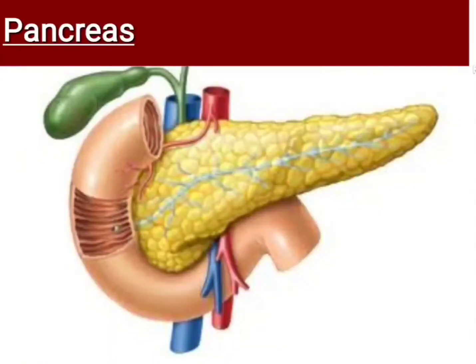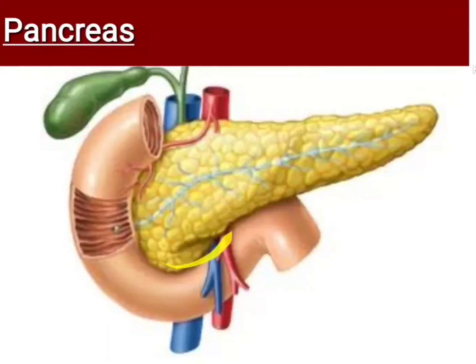In this session we are going to discuss the pancreas. The pancreas is an elongated yellowish gland which lies below the stomach in the loop of the duodenum. As you can see here, it is an elongated, yellow-colored gland, and this part here is the duodenum. What is the duodenum? The duodenum is the initial part of the small intestine, a connection between the stomach and the small intestine.